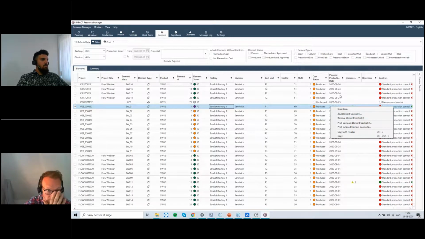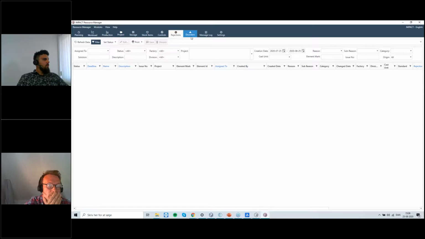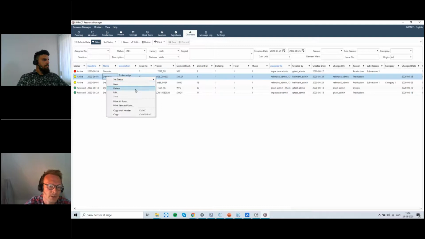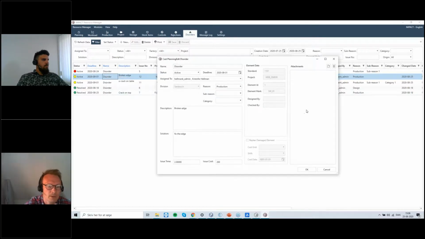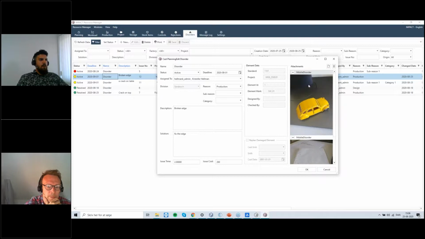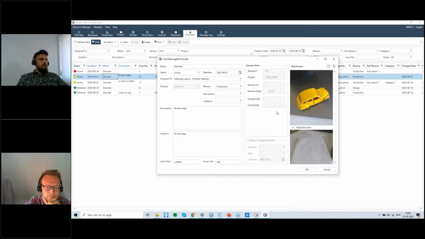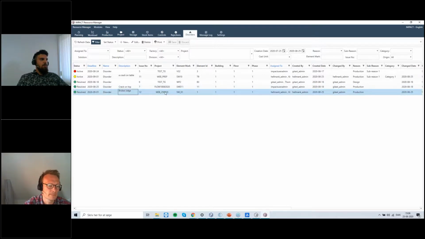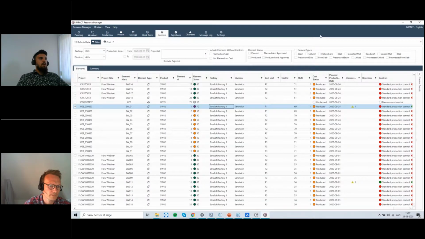And for the issues in the resource manager, both the rejections and the disorders have their own tabs. So I'm sitting here, but I also got the pictures Christopher just added, and I can also go here, and after it is resolved, I can say resolved and make it green, resolve the disorder of broken edge coming from this project. Rejections the same way, controls again, different functionalities, more things in the resource manager, but I wanted to start with the workload,